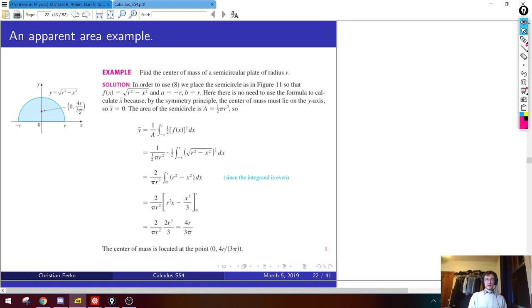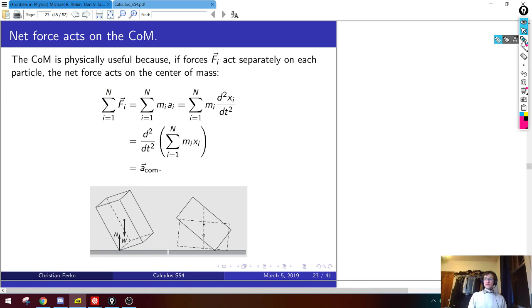Okay, so now let's back up a bit and ask the question, where would this idea of center of mass arise physically? So why is this interesting? Okay, the reason is as follows. If you have some complicated shape, some object which is made up of many particles, and you would like to simplify the study of some forces acting on that object, the center of mass is your friend, because you can simplify the problem by simply adding up all of the total forces acting on different parts of it, so you find the net force, and interpret that as the force on a point particle located at the center of mass. So let me explain why that's true.